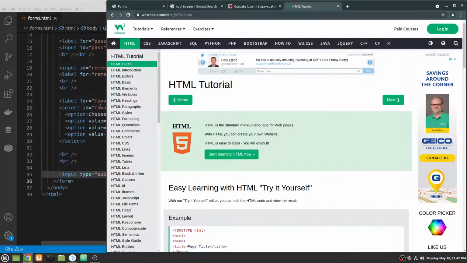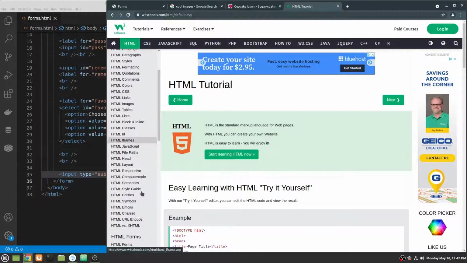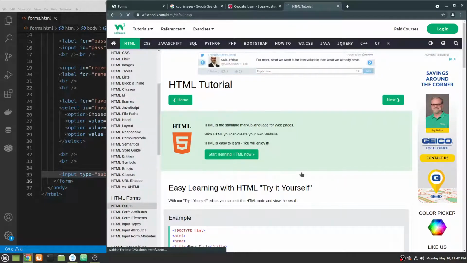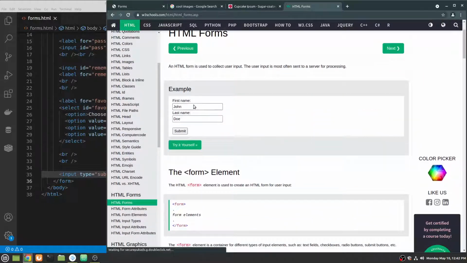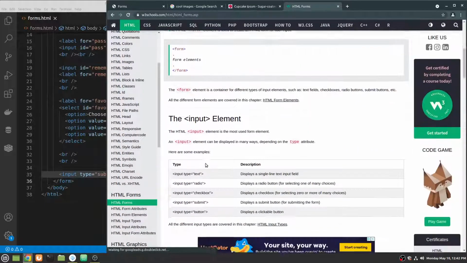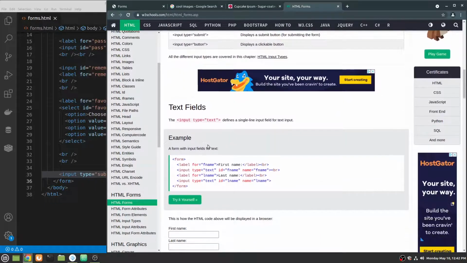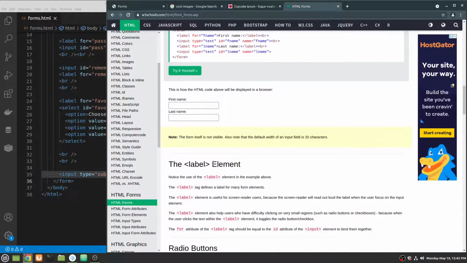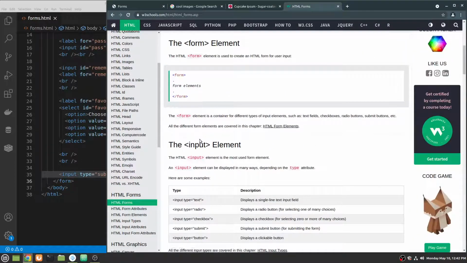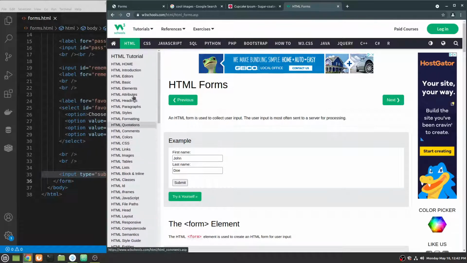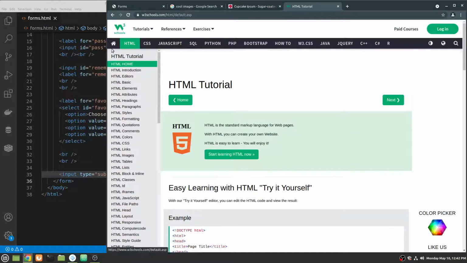Like, oh yeah, how did I do an input? Oh, let's go down here and find forms. Okay, HTML forms, input types. You can click on the forms, and you can briefly go through here and see a lot of these different types of text fields and things like that. So I hope that's helpful, and I'm going to try to remember at the end of each chapter to give you more information where you can study deeper and look up information,